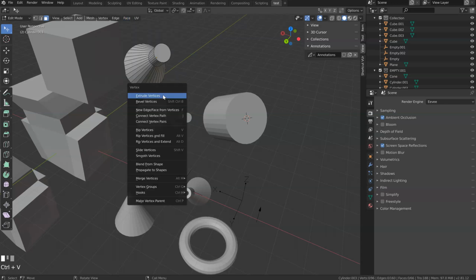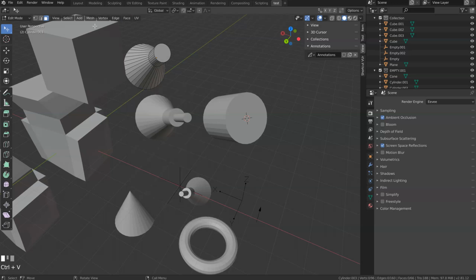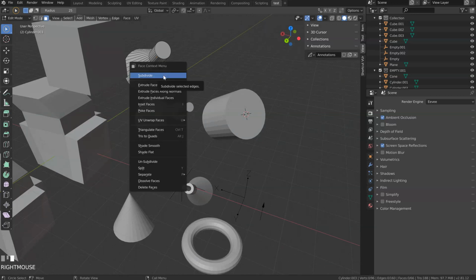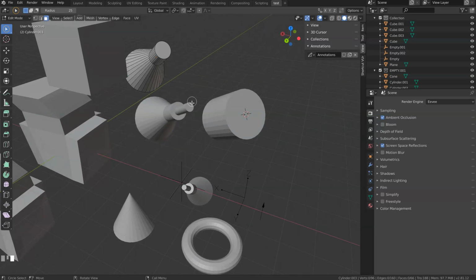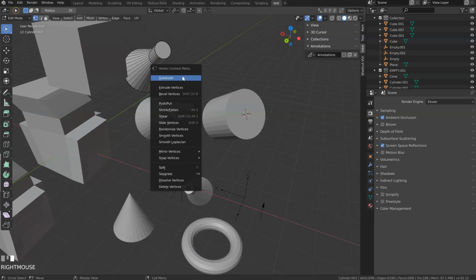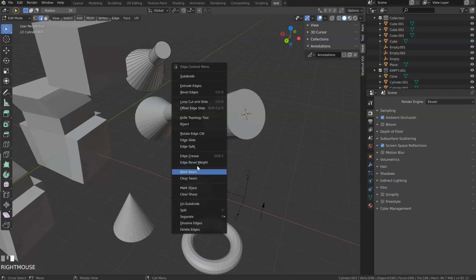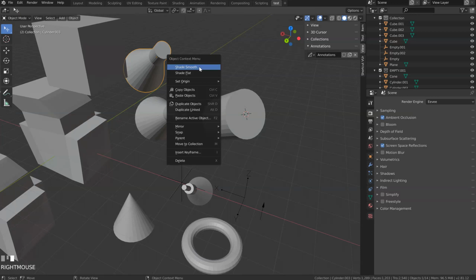So you can press Ctrl V to call the vertex menu, Ctrl F the face menu, Ctrl E the edge menu. Previously there was the W menu, but I don't know where it is now. Honestly, this is pretty weird. And you also have RMB to choose. For example, I'm in face mode, so RMB, I will have the face context menu. If I go in vertex mode, RMB, I will be in the vertex context menu. If I press 2 in edge mode, I will have this one. Okay? And if I come back in object mode, I will have another one.